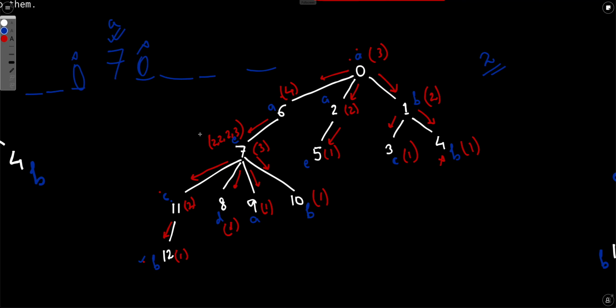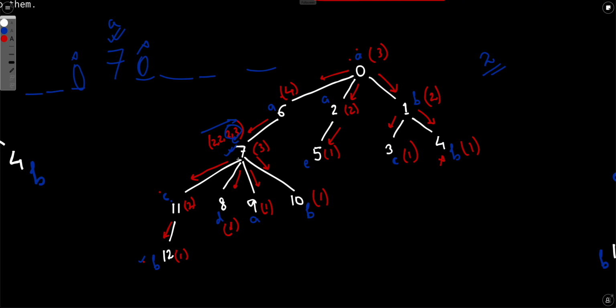Now we have to take 2 of them, right? And we have to find the longest path. So let's just sort it and take the last 2. That will give us the longest 2 straight lines from 7, and the final answer will be like this. These 2 include 7 as well, right? So 7 is included twice, in this 2 as well and this 3 as well. So that's where we will just subtract 1 while considering the